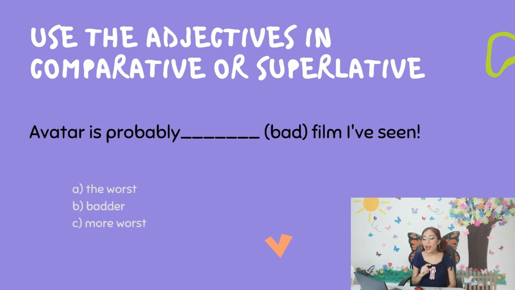Next one. Avatar is probably blank, bad film I've seen. A, the worst. B, better. C, more worst. Which one is the correct answer? A, B, or C? If your answer was letter A, Avatar is probably the worst film I've seen, that's correct, because I'm comparing, maybe